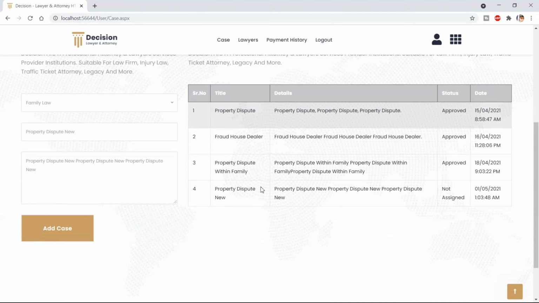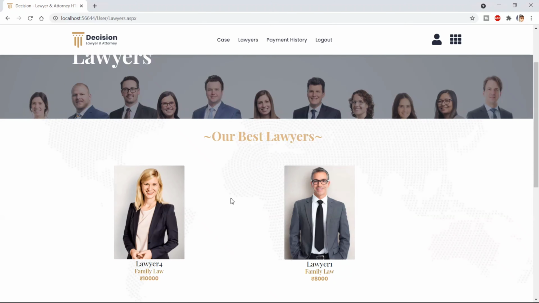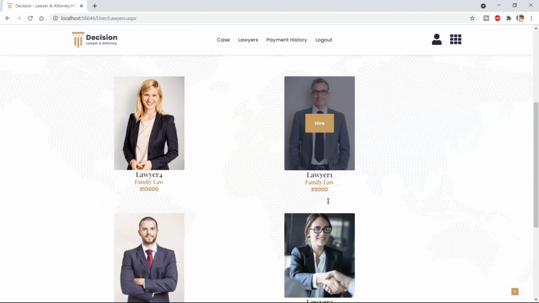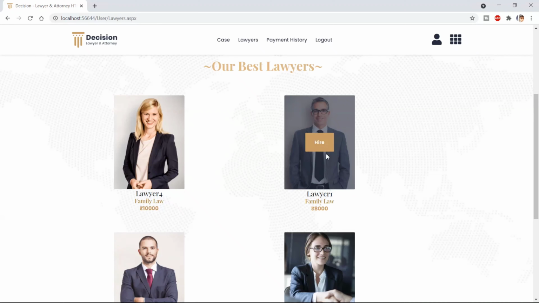So now here you can see the new case has been added and the status is not assigned. You can see the date of the case when it's been added. Now the user can hire lawyers in the lawyer page based on the case type. The case type of my case is family law.